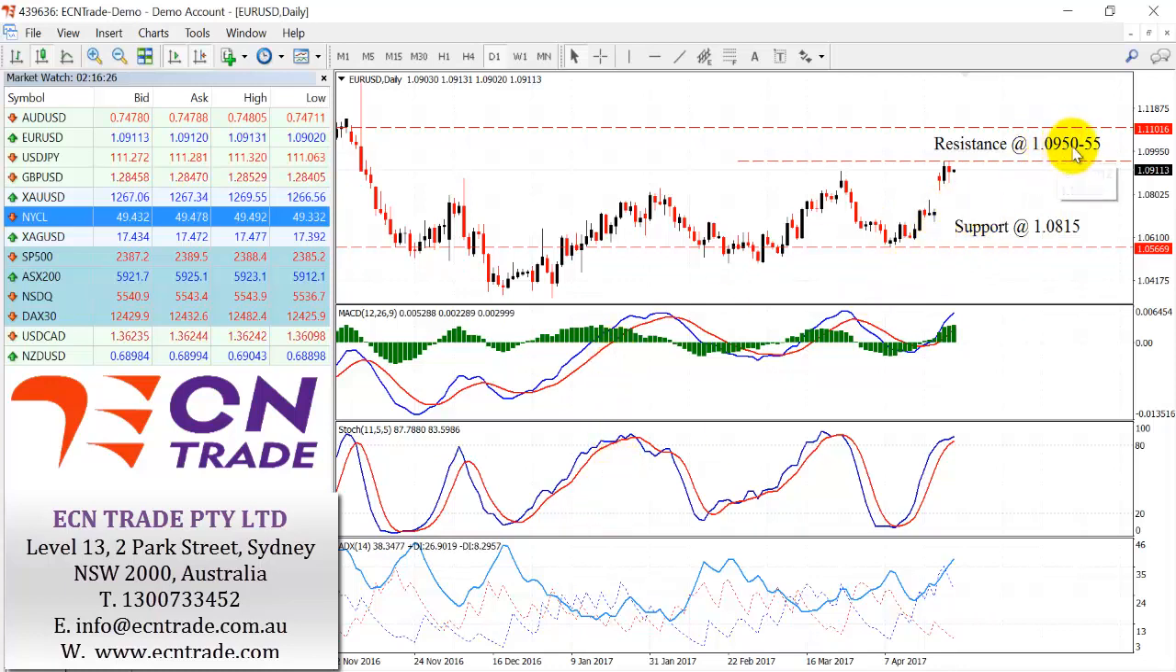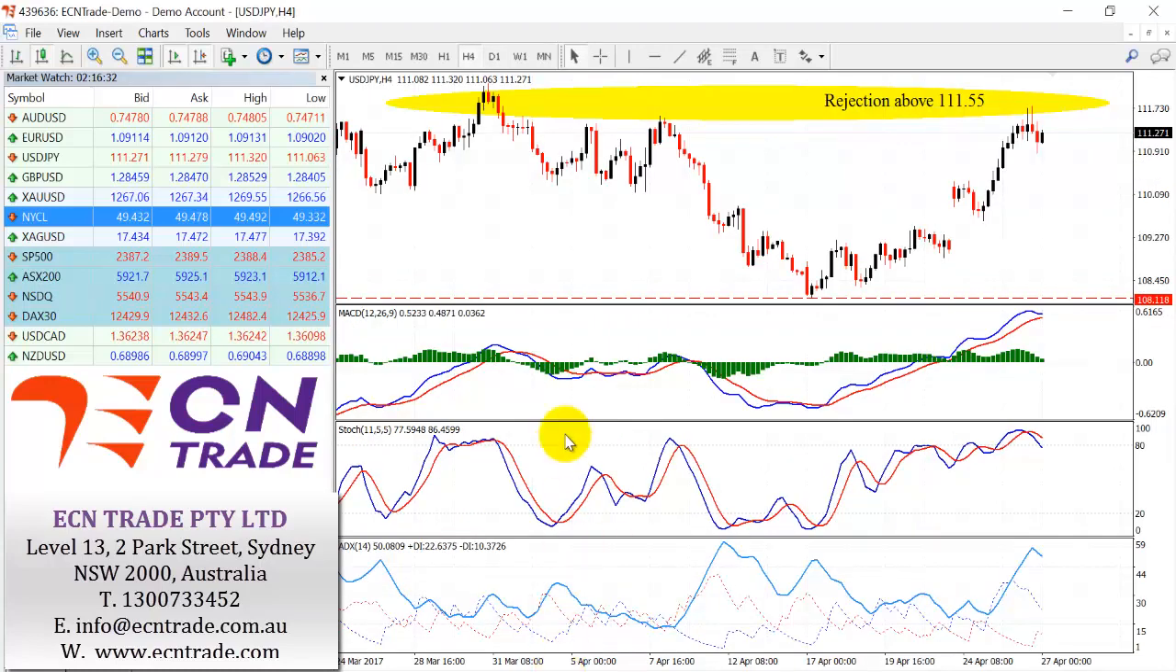Now, a break above 109.50 would give further implications to the upside and bring a target around 111. The euro,